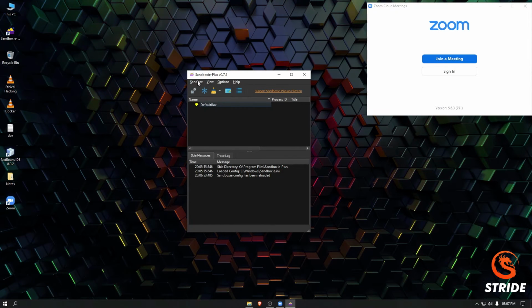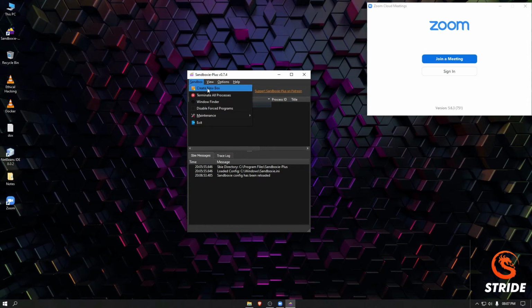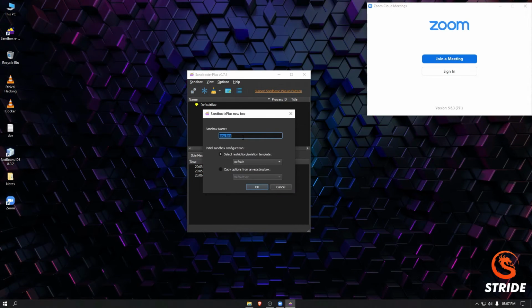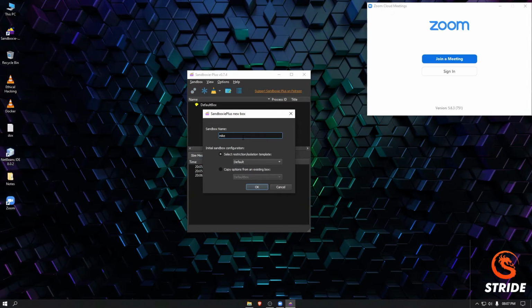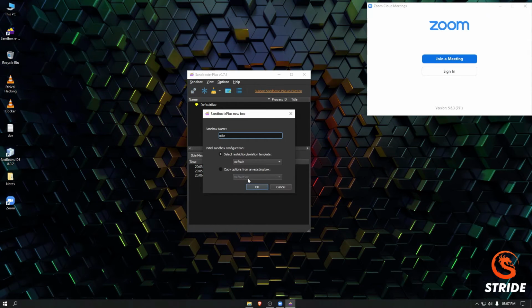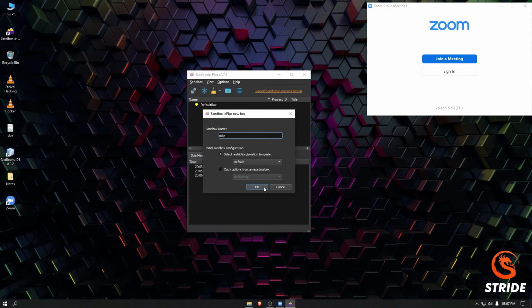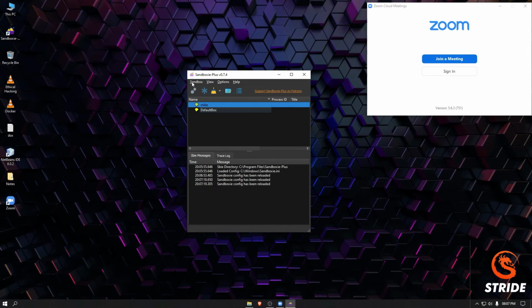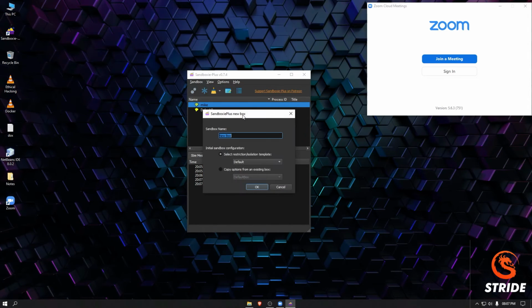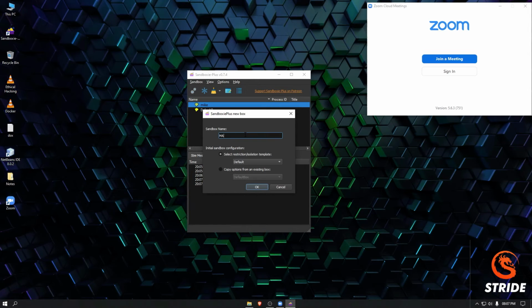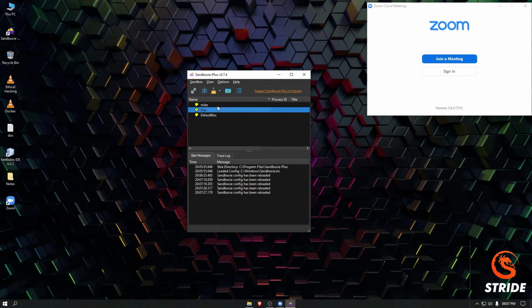I would rather create a new one. So you can click this sandbox and create a new box. I will call it Mic. I don't need to copy in the default box, which doesn't have anything there. So let me create it again, and we'll create a new one called Max. So there are two boxes that have been created.